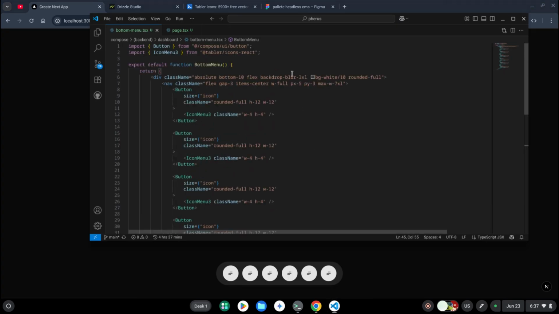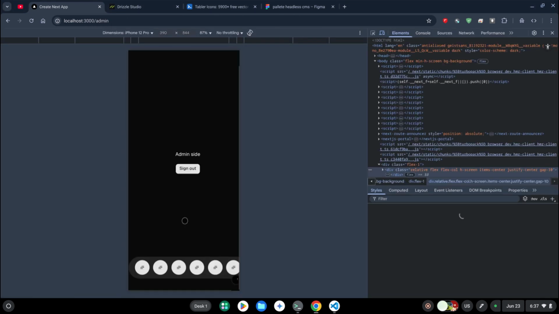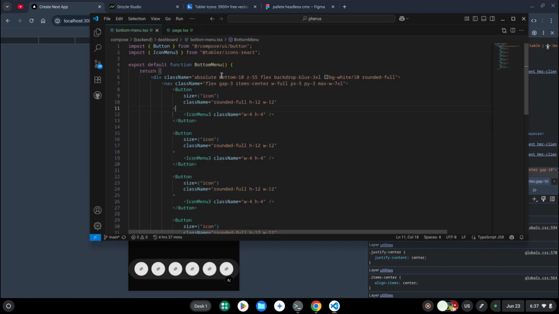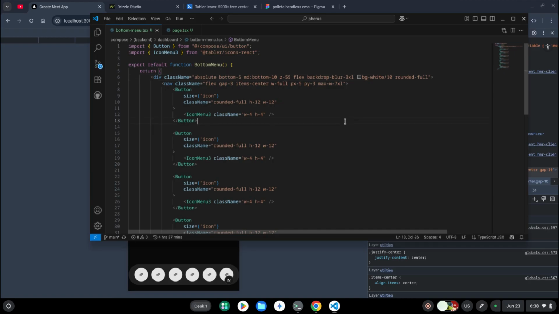And in order for us to have it floating above the rest, we shall add a z index of 55. Shall have it have a z index of 55, and I think that is it. Then mobile friendly, that's the part we would want to know. And for the mobile part, md shall make the bottom back to 5, which lowers it a little bit down, and as well adding